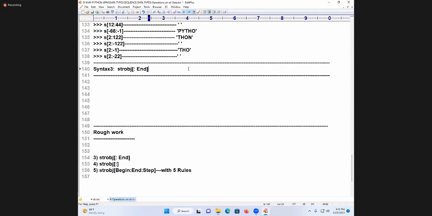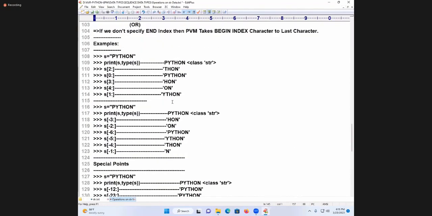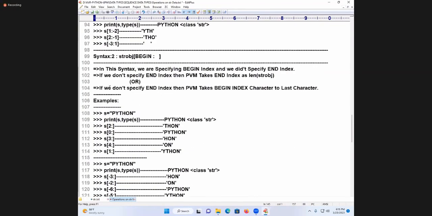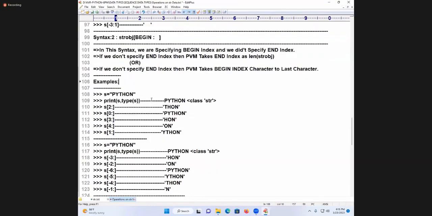Let's start with syntax number 3. In this syntax, what did we not specify? Begin index. You see, guys, when I did not specify the end index, PVM takes from the begin index character to which character? The last character. Understand? Now, in the same manner, here also